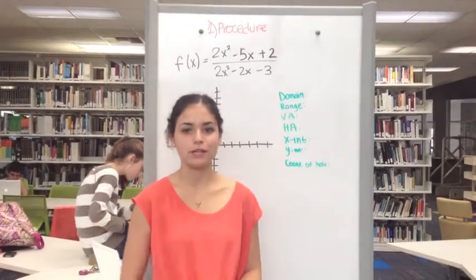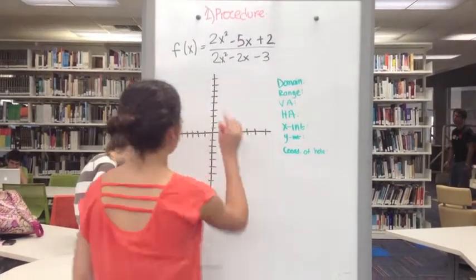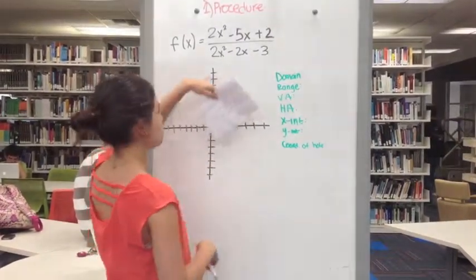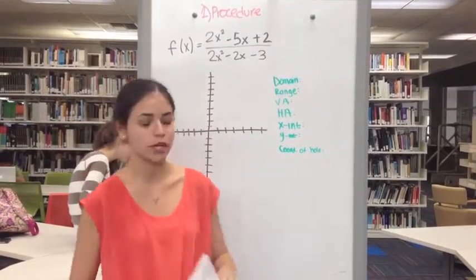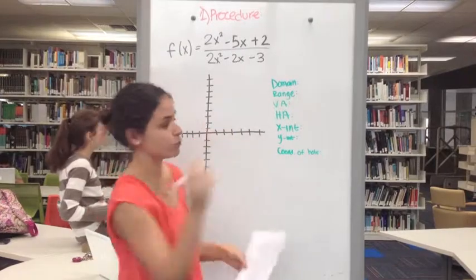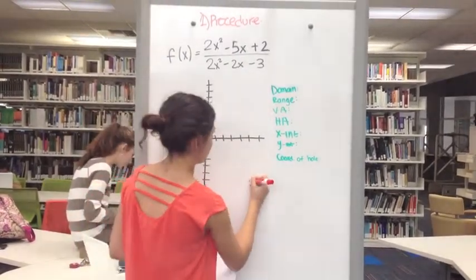Okay, so I'm going to explain question number 1 of procedure from quiz number 3. We have this function, which is 2x squared minus 5x plus 2 over 2x squared minus 2x minus 3. The first step is to simplify or factorize this, and we're going to have